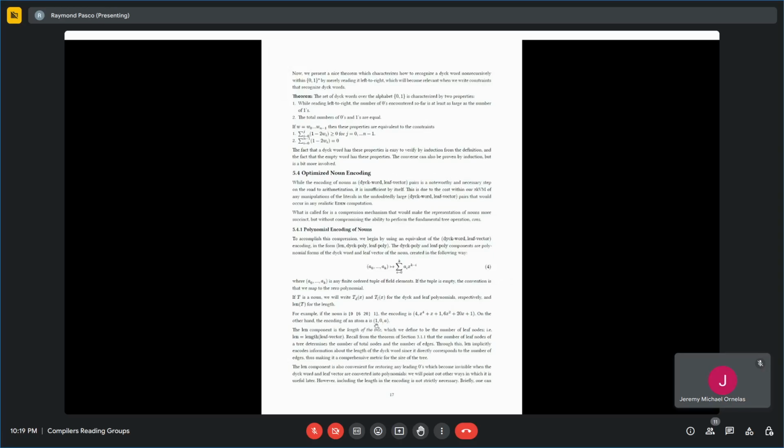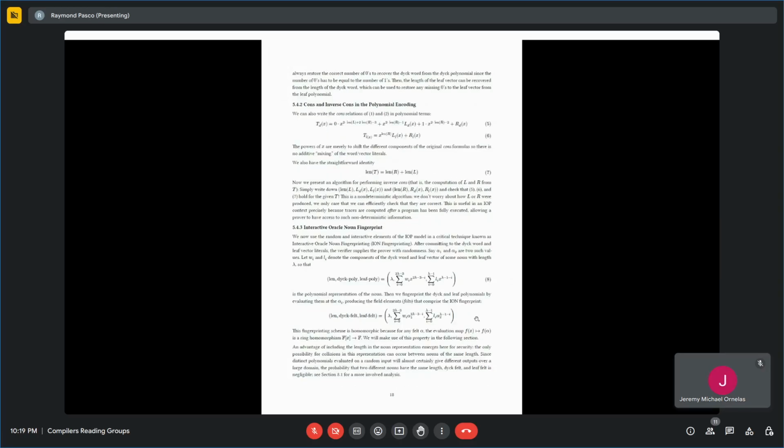The encoding of an atom is just length 1, shape 0, and then the value vector is just a. So we see the 6, 20, and 1. Or sorry, yeah. So we see the